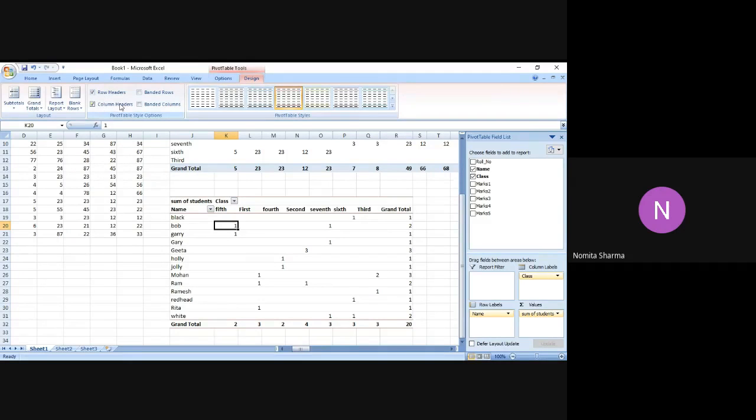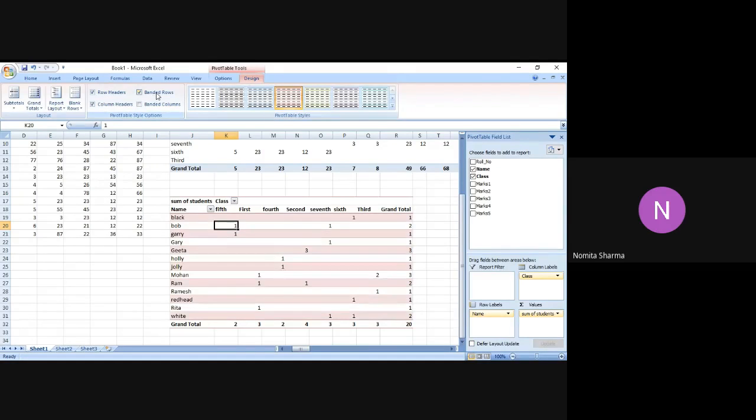So if I just click on the column header, which is a default option in any case, this will appear. Because since we have selected the particular design, it is appearing depending on that design. In a similar manner, if I select the banded rows, you will see different bands will come row wise. And if I select the banded columns also, this will give me individual banded columns also.